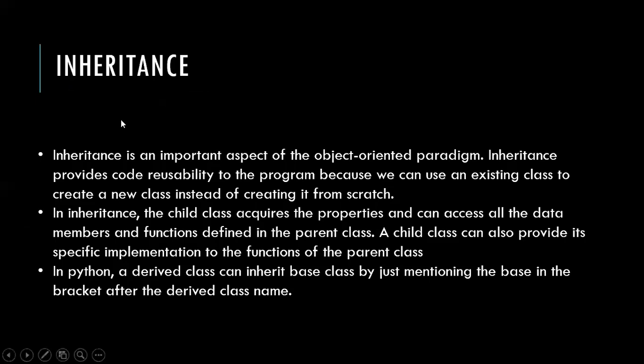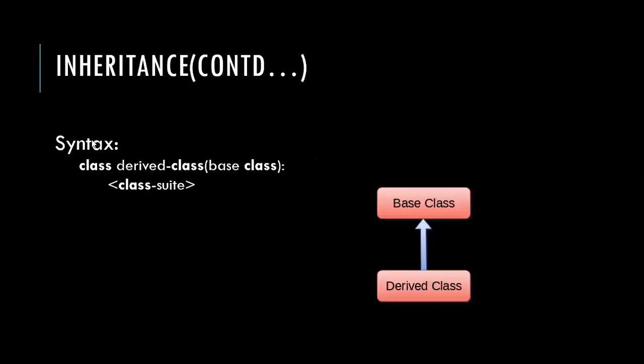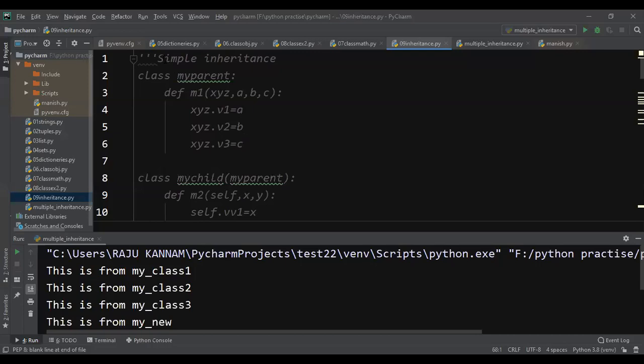That means if you have a set of functionality and you want to use the same set of functionality in another class, you can simply make use of this setup. That concept is called inheritance. Yesterday we started with inheritance and discussed parent class, child class, and we saw one program, and this is that program.